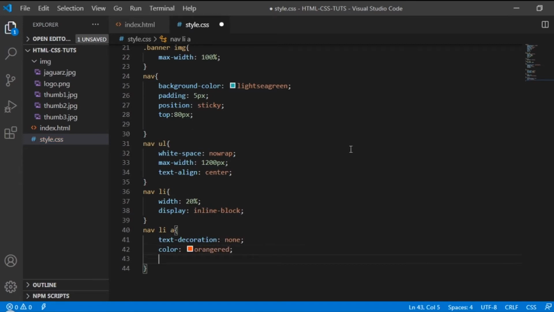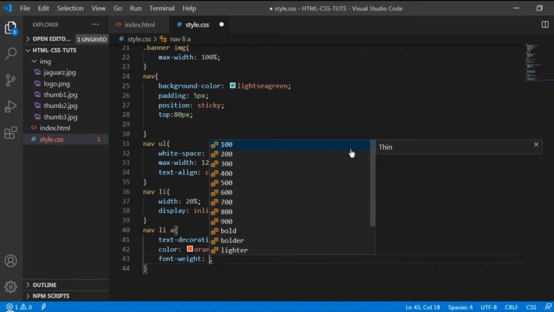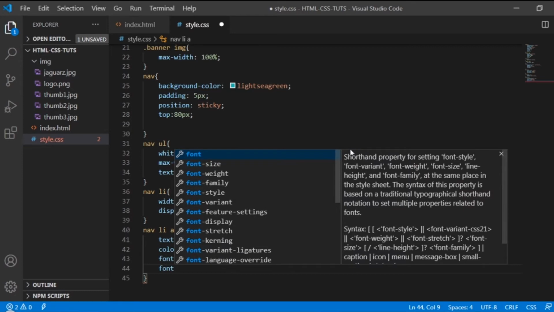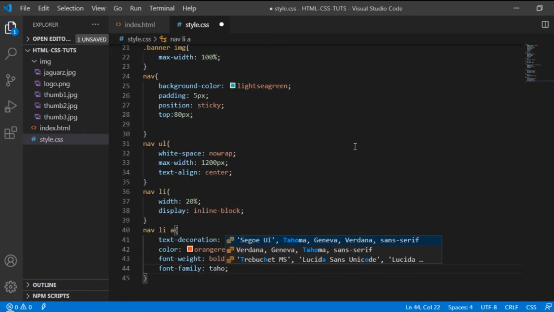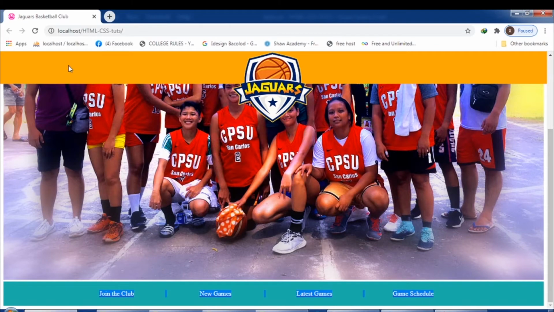And then the font weight, so bold, so that it would be readable, guys. And then font family, it's gonna be Tahoma. And then the font size is 18 pixels. Okay, so let's save this one and preview it on the browser.